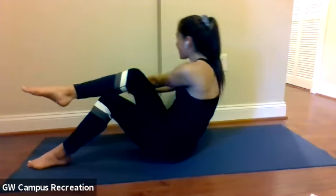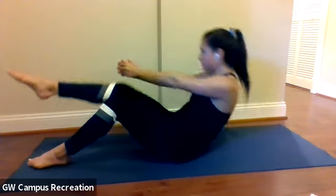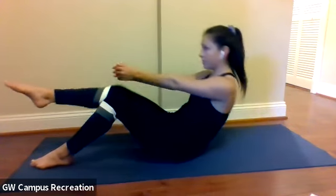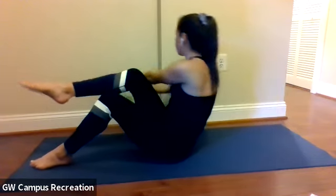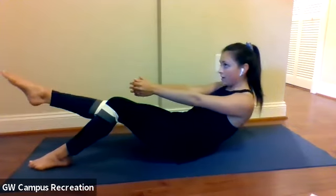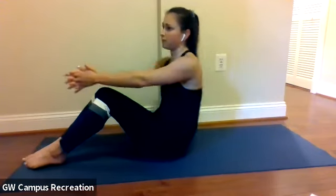So we'll go for 8, 7, 6. Really get that twist in your obliques. 5, 4, 3, 2, and 1, and lower that foot down. Then we're just going to go over to the left side. So left foot comes up and we will twist to the left and lower, twist